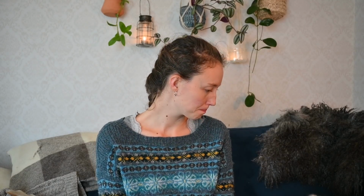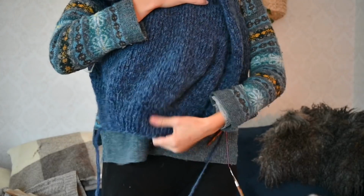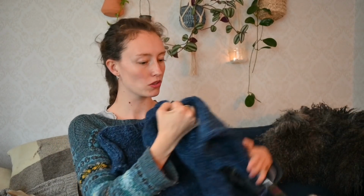And that is one thing I want to do in the future. My next project is the sunset sweater. I showed you last time as well, but I have made some progress. Let me show you, I have finished the body. And I've started one sleeve as well. And in this pattern you don't